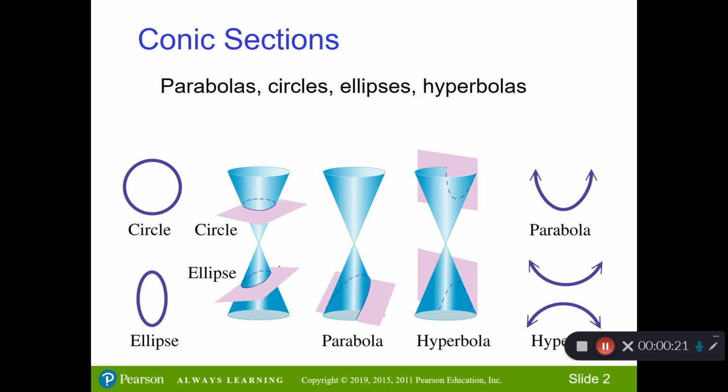If I cut it on a slant, I make an ellipse, which is like an elongated circle. If I cut it so that it's cutting down infinitely, I make a parabola. It never closes off at the end. And if I cut it similar to the parabola, but so that it intersects both sides of the cone, that shape, those two branches, is called a hyperbola. Over the next few sections, we're going to talk about each of these figures individually, but we're starting now